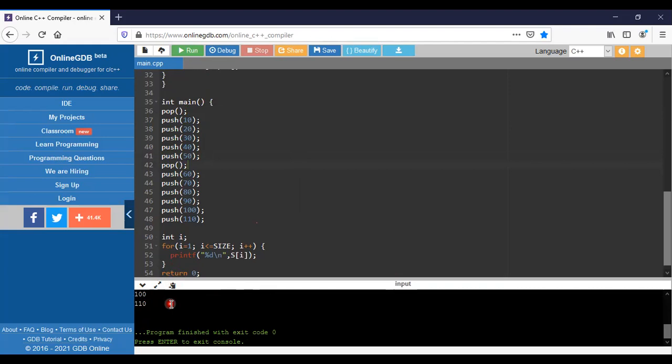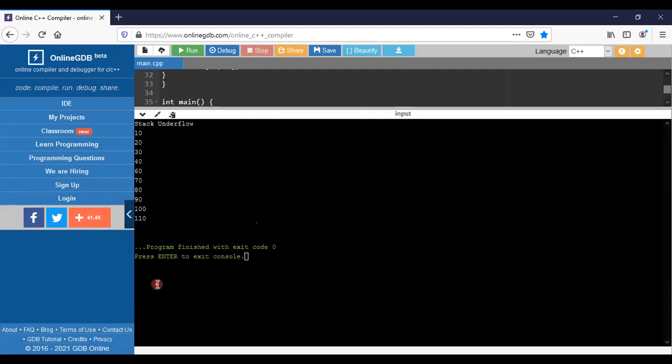We have 11 values, and there is no space to store 110. But here I excluded a value. Which value was excluded? 50. After that, 60, 70, 80, 90, then 100, and then 110 has been included successfully. Why? Because there is space to be stored for processing.